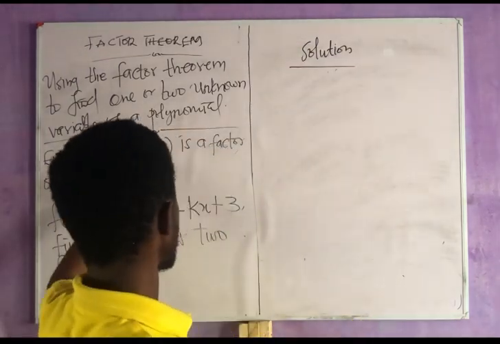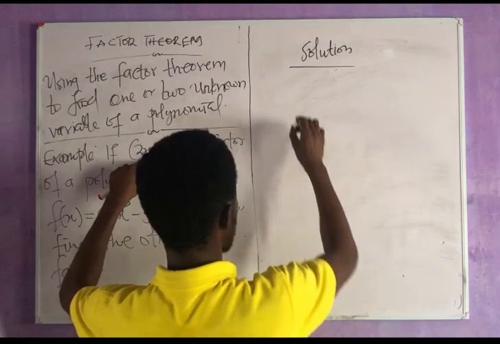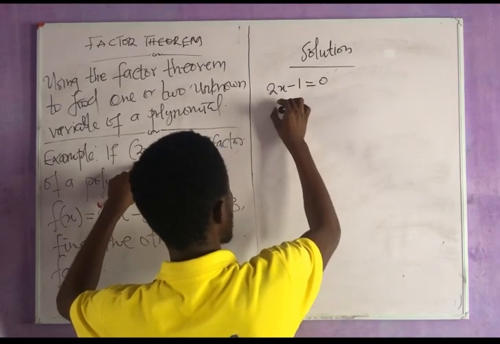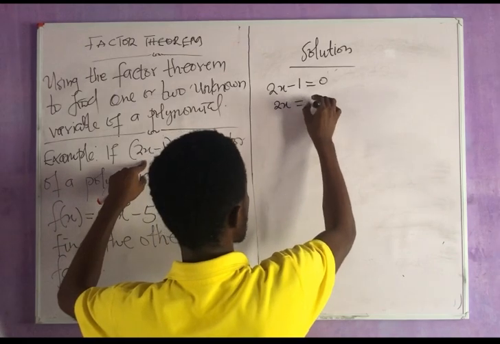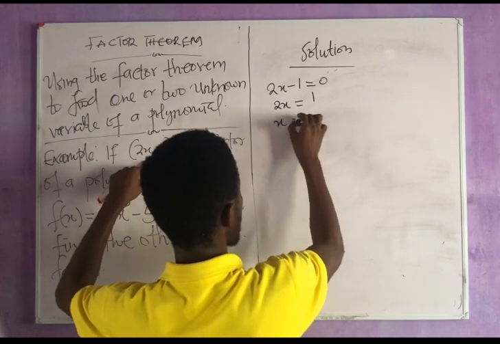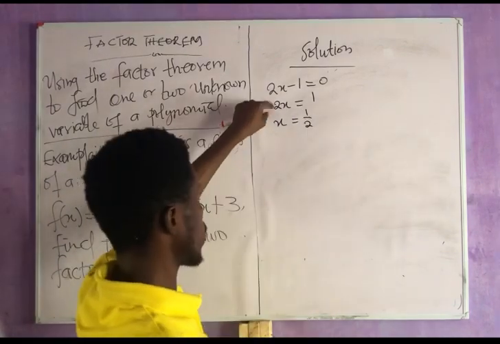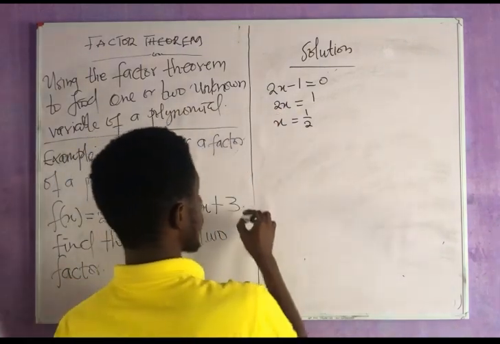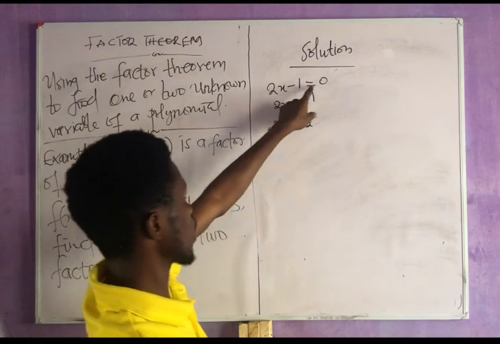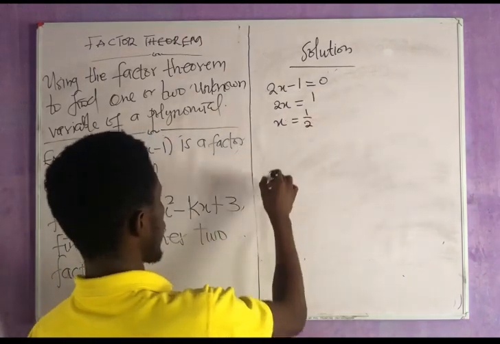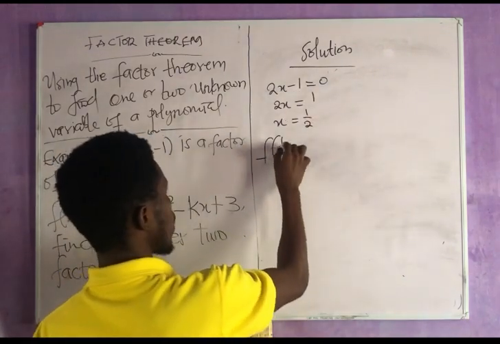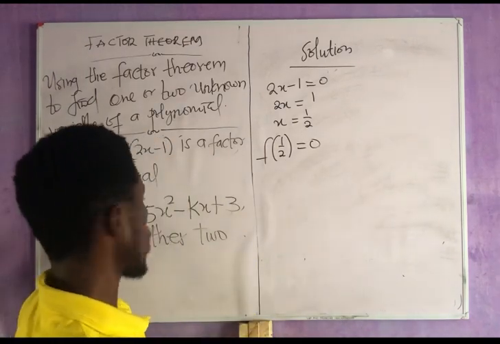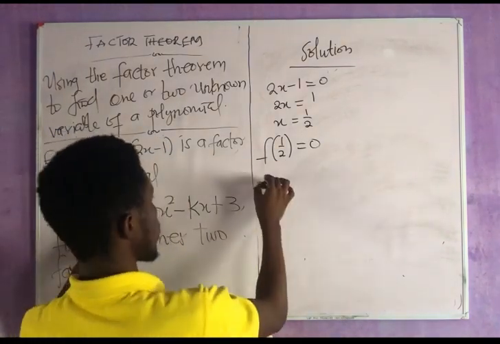From the question, our factor or divisor is 2x minus 1, and we have to set it to 0, so that 2x equals 1. So our x equals 1 over 2. Just divide both sides by 2, and you get your x. Since 2x minus 1 is a factor, it means that f of half equals 0. So we pick our polynomial,